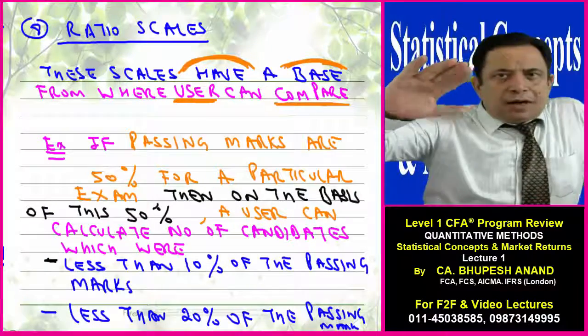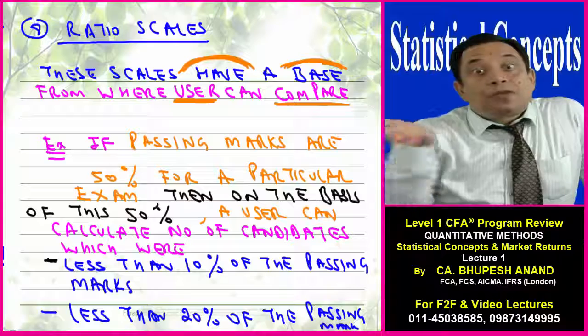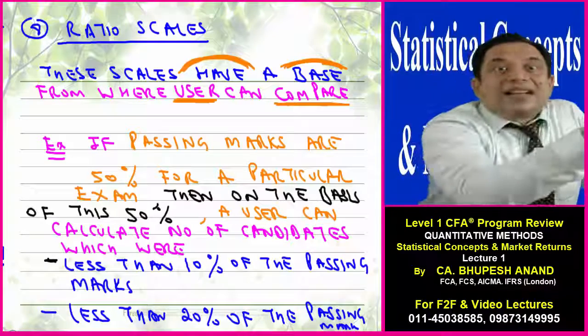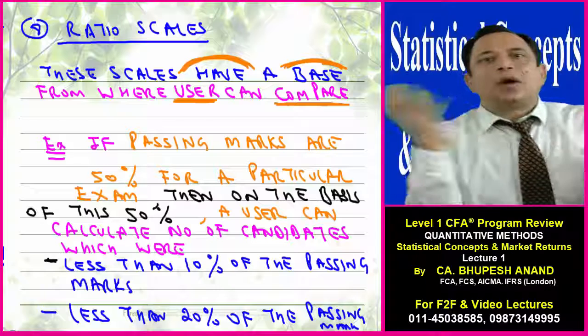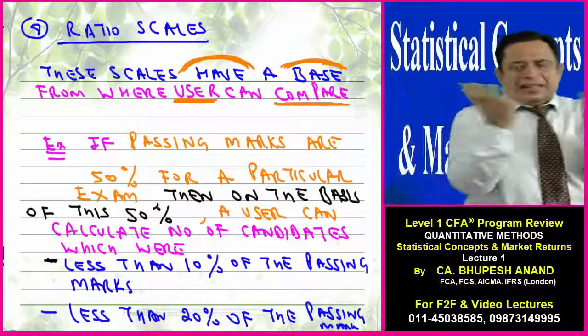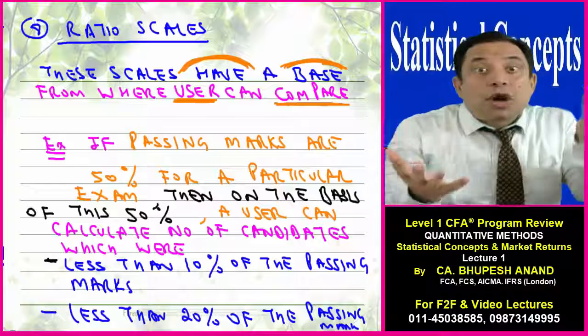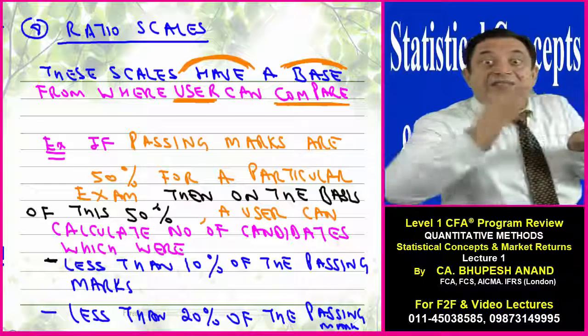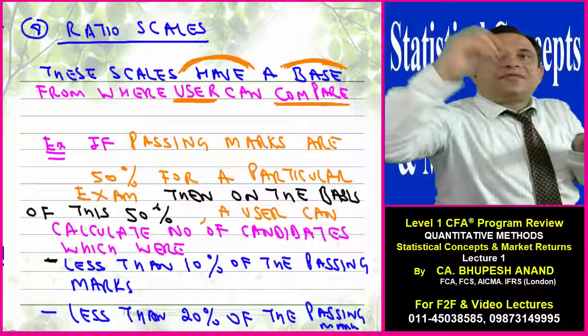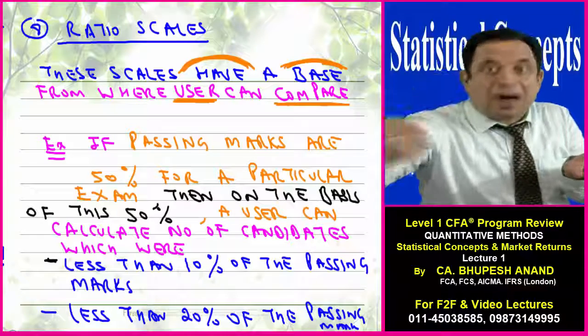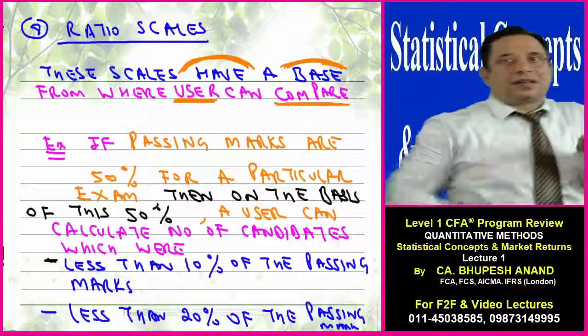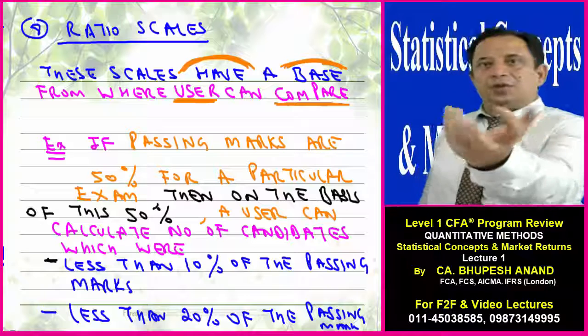I will explain interval after discussing ratio, because with the help of ratio you will better understand the meaning of interval. In interval I am just creating an interval without any base, which does not have much meaning. But in ratio, I am giving a base, categorizing with a base. For example, for an examination, the average past marks should be at least 50%. So I have given a base that 50% should be the base.